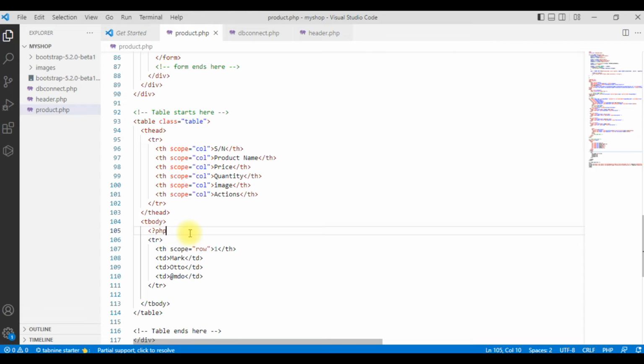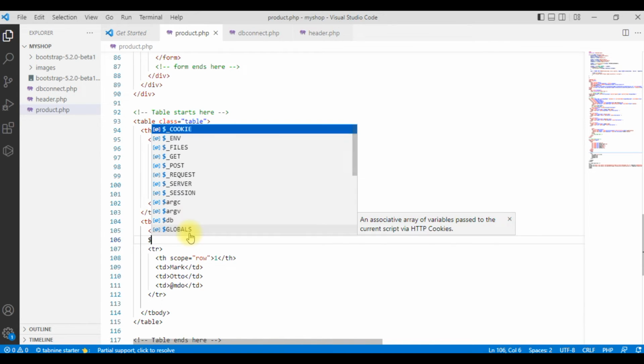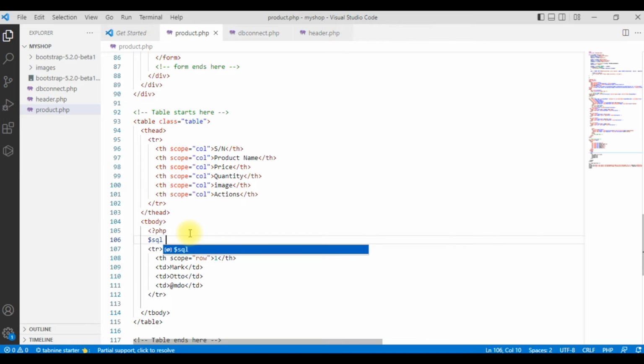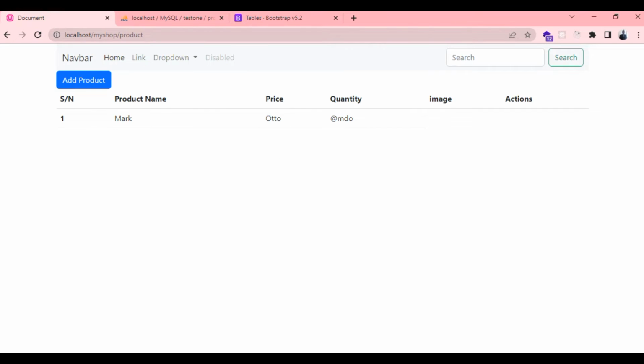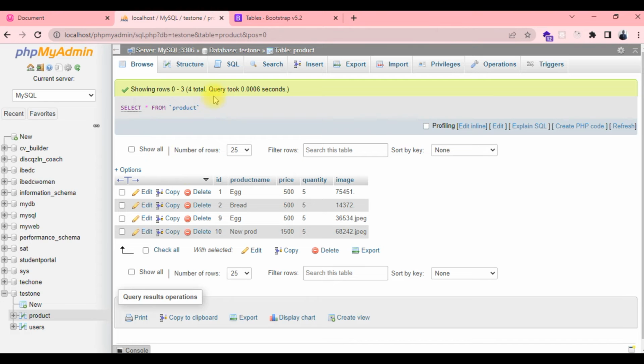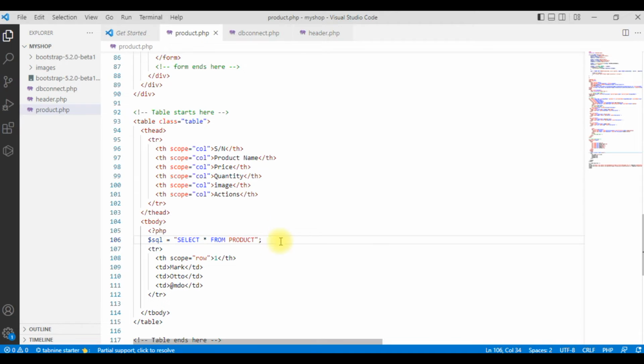Then inside that we are going to create a variable. SQL is equal to, what will the variable do? The variable will just go into the database and select star, that is select all from products. Our table is products. If you look at it, our table is products. We did not pluralize it. So select all from products,